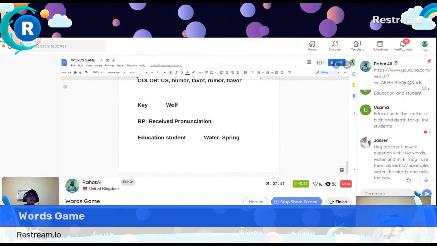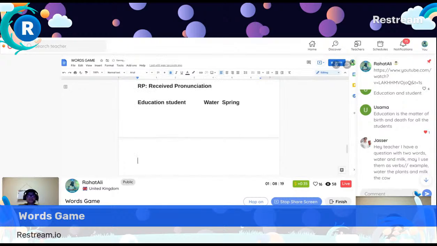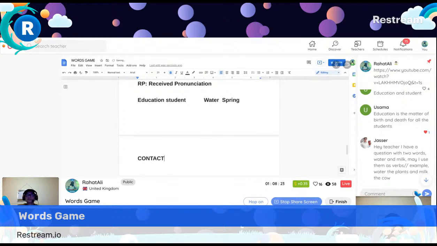Obviously, these are correct. I'm going to show you another technique today, guys. I'm sure that there are thousands of words every day we use which are noun and also verb. And depending on the intonation, rise intonation or fall intonation, or higher intonation or low intonation, the meaning is changed. Let me give a good example like this one. Contact, contact. Can you see the difference?